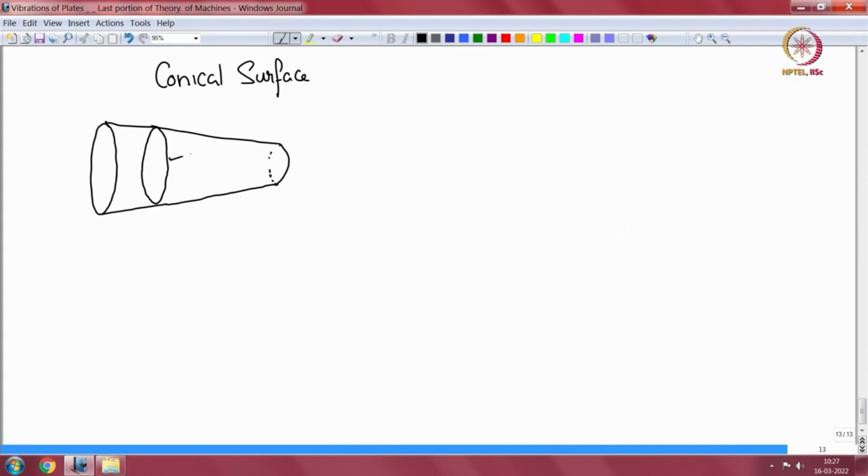So this is a circular curve, a closed curve, circular, and the tangent here,